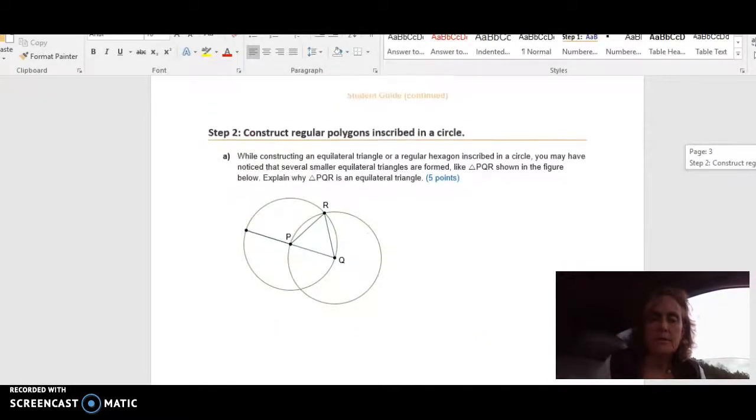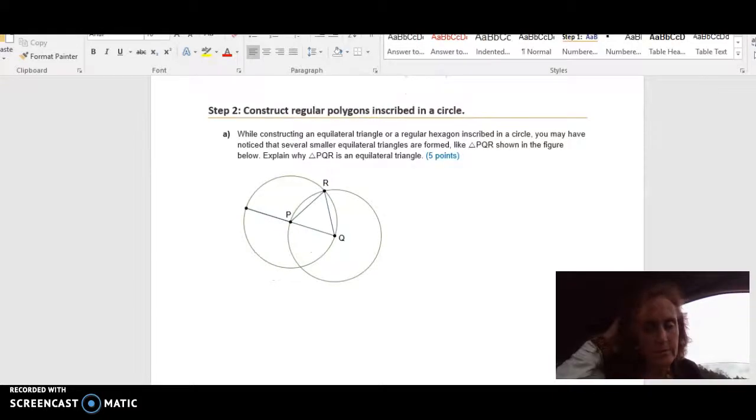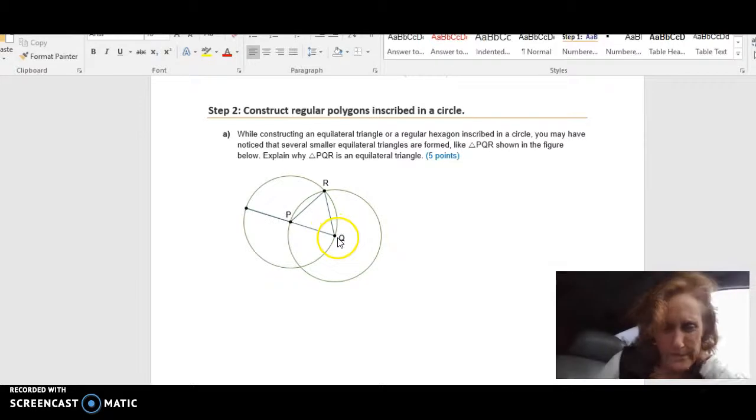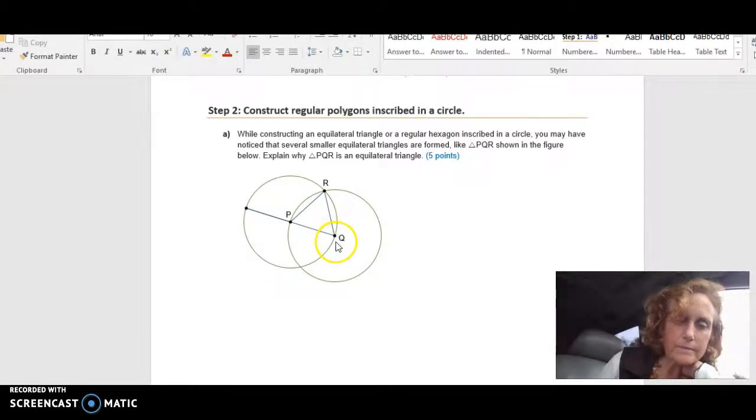This one says, while constructing an equilateral triangle or a regular hexagon inscribed in a circle, you may have noticed that several smaller equilateral triangles are formed, like PQR. Why is that equilateral? So can you see that